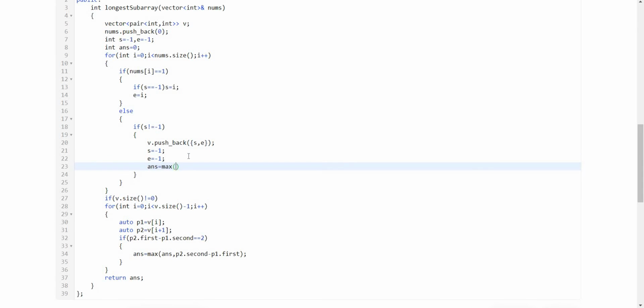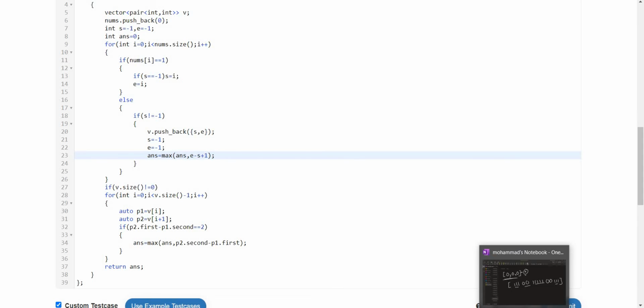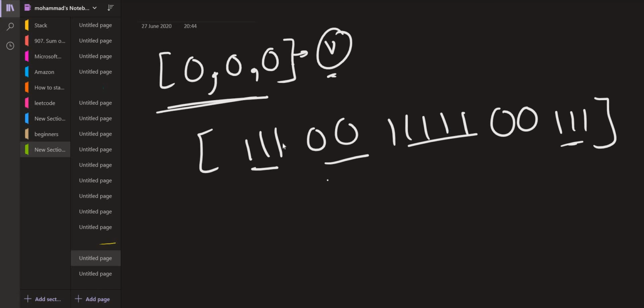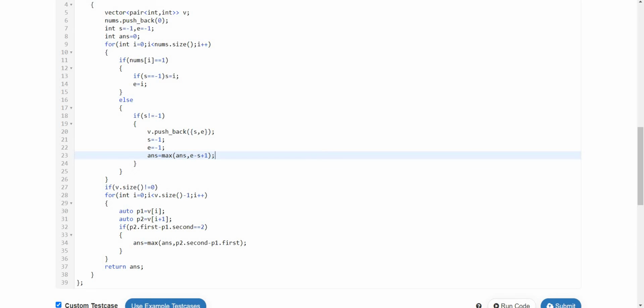So answer is equal to maximum of answer and end minus start plus 1. This is going to handle each of these groups individually. So in this case, it is going to store the answer as 3. Then the answer will become 5 over here. Then it will remain 5. So basically, even if we are not combining them, we should be able to store our answer. Now that being handled,